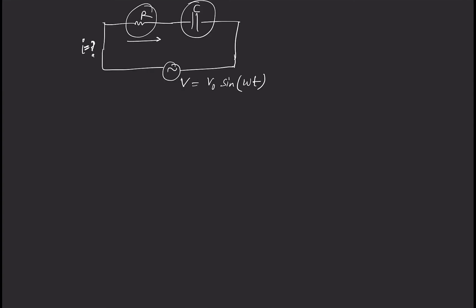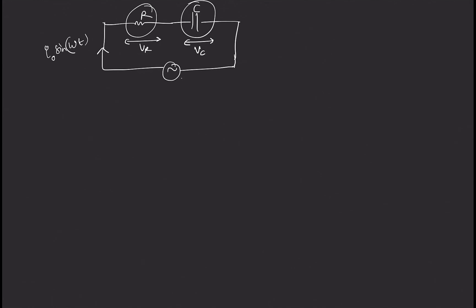So let's say we have studied pure resistive, pure capacitive, and pure inductive circuits. Now let's say we have both resistance and capacitance in the circuit. So we have resistance R and capacitance C. Let's say the instantaneous voltage across resistance R is VR, and the instantaneous voltage across capacitance C is VC. By KVL we know that V is equal to VR plus VC, and VR and VC can both be positive and negative at any instant. So let's go in reverse in this question because that would be easier. Let's say that you are given the instantaneous current I naught sine omega t, and you have to find the instantaneous voltage.